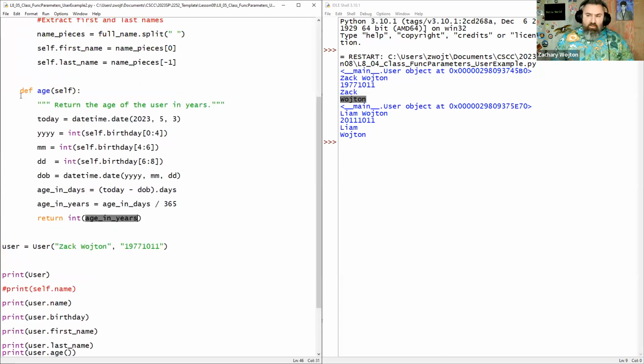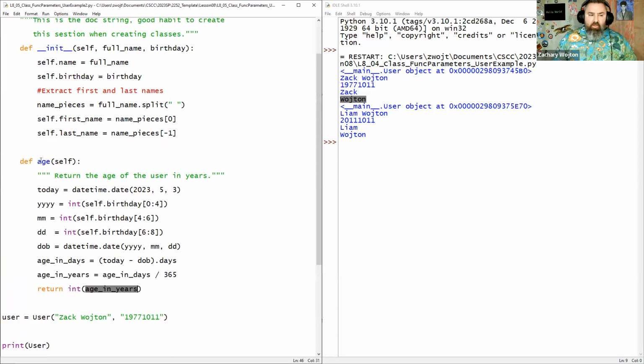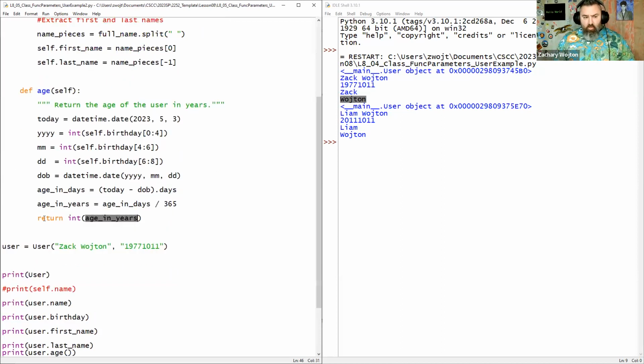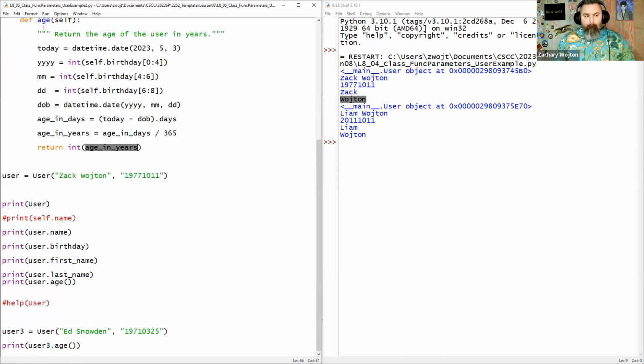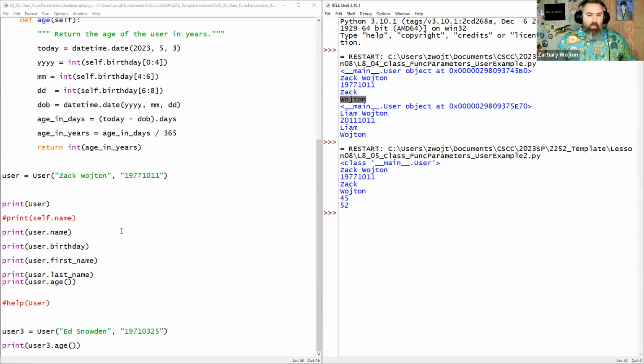Back to functions, right? In this case, this is a method of a class, which is basically a function of a class. So this function of age will return the age in years. But when you see down here, we just say print it. When we say print user age, it should return it in years. Let's see if that works. Yep. So we got print user, we get this joker, the full name is that, the full birthday is that, first name, last name, and then when we call on age,